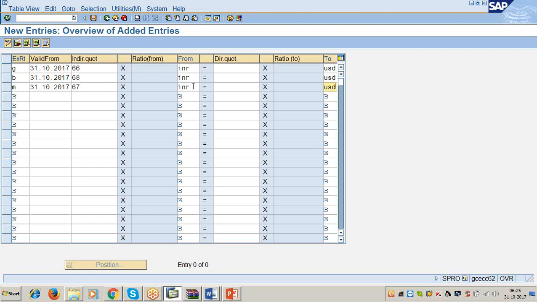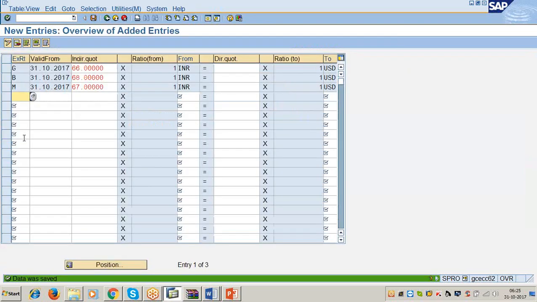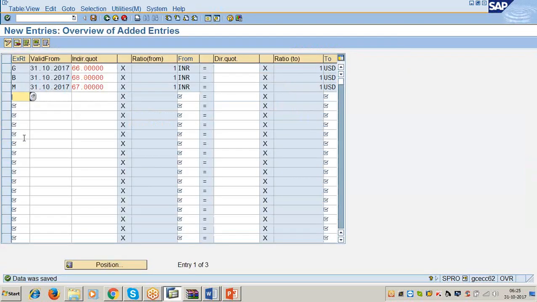So like that, for every foreign currency you are dealing with, every day the user has to enter the rates. It's not that every foreign currency existing in the world. We have to enter what is the bank buying rate, bank selling rate, bank average rate for each foreign currency in which you are incurring the business transactions generally. Click on save.